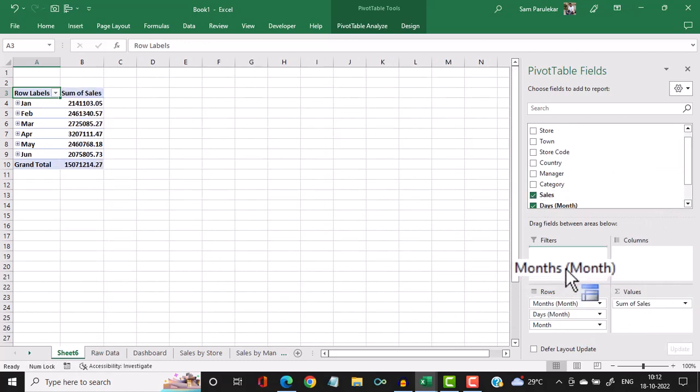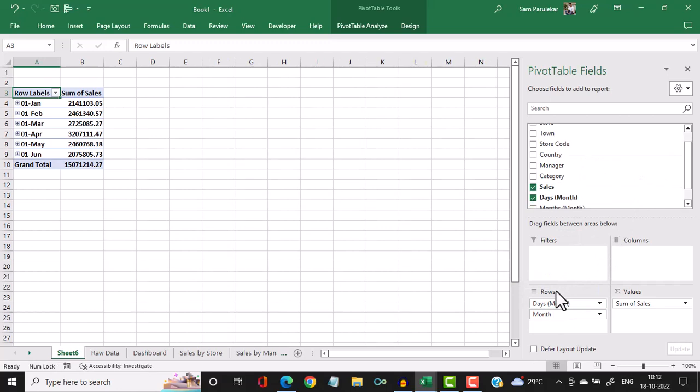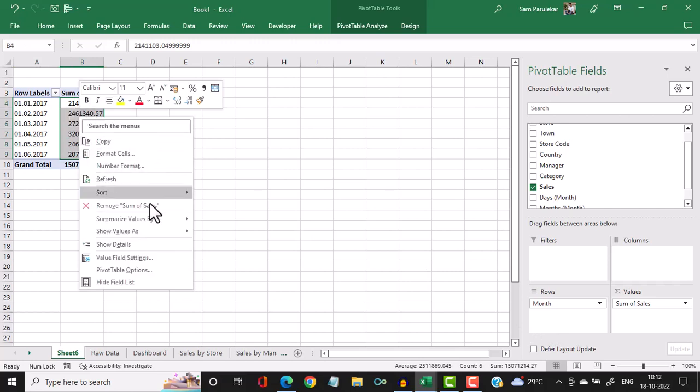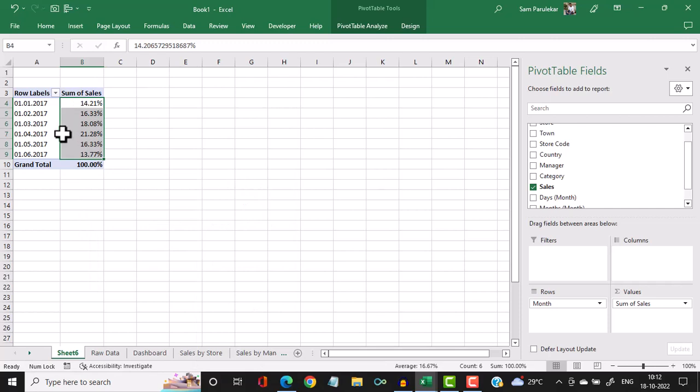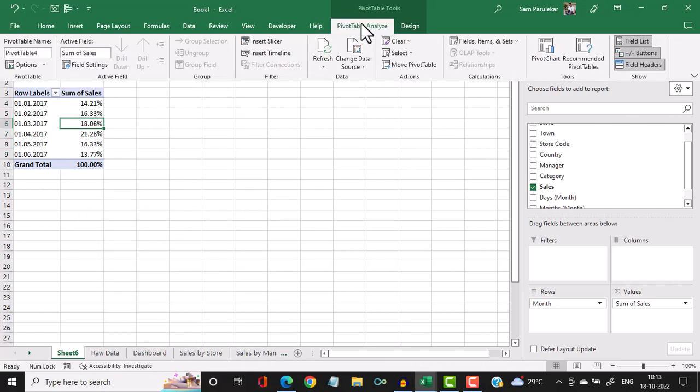I don't want all this, I want only the months. Select this, right click, show value as percentage of grand total, and then pivot table analyze, pivot chart,